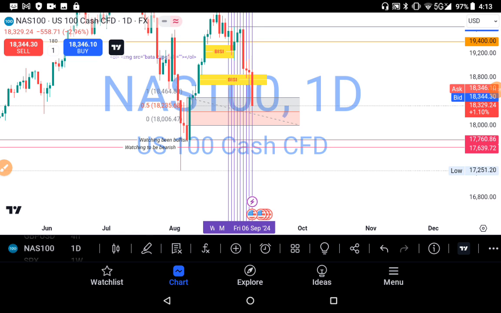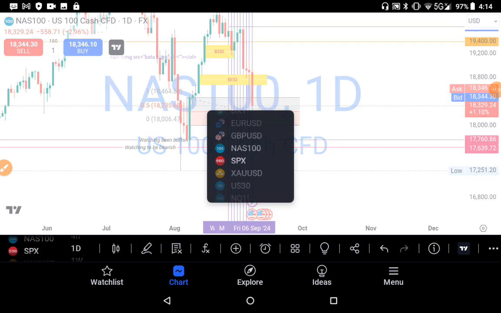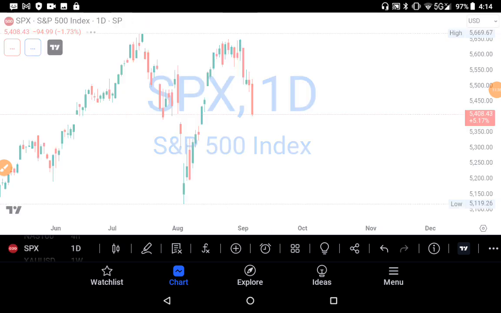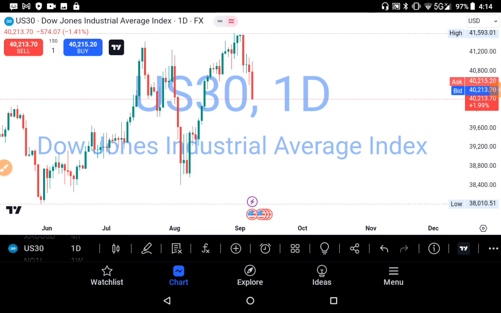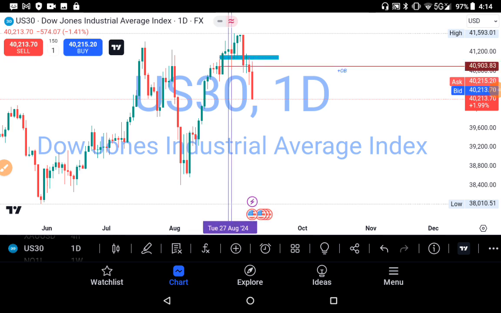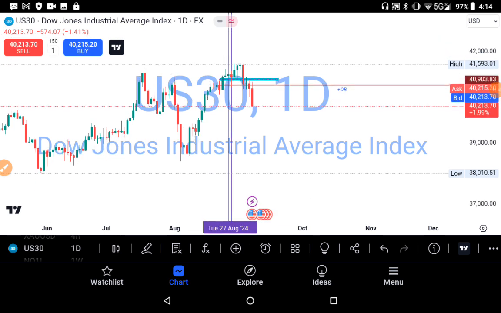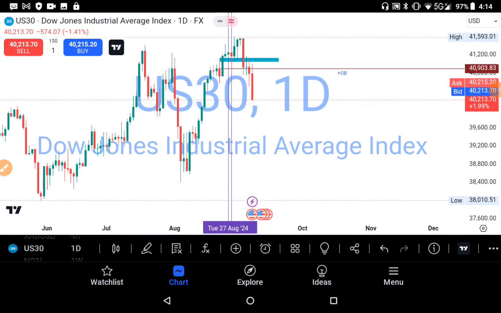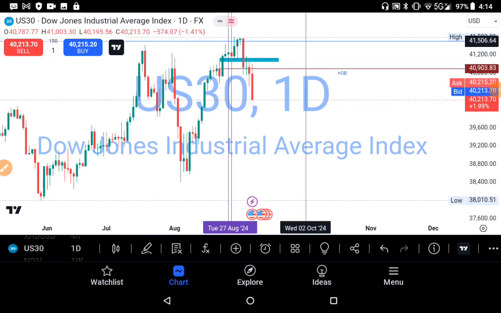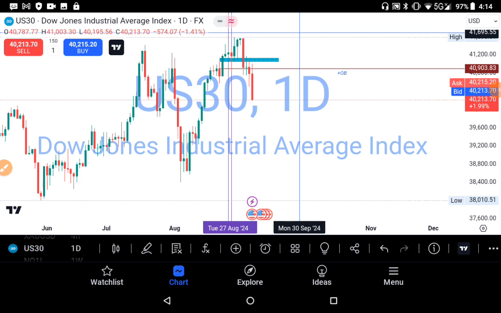So that is that on Nasdaq as well. To our Dow futures. On Dow, as of last week, I was interested in 41,700 to 41,800, I think. So 41,700 and 41,800. 41,700 was not delivered,